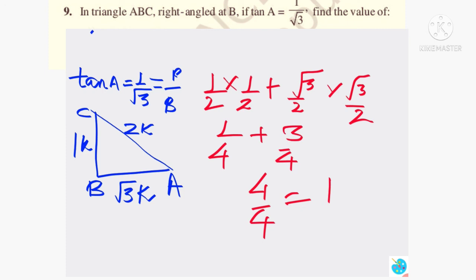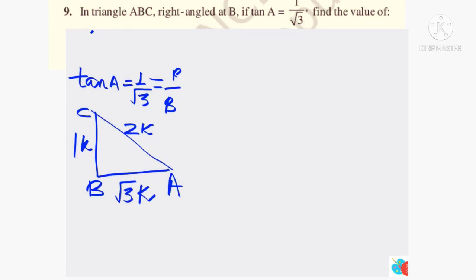Once you have written all the values, it becomes easier to calculate. And otherwise also, in case some problem or mistake occurs in this step, you at least get the marks for writing the correct values. So I would suggest that you write the values first and then you put the values in the expression.